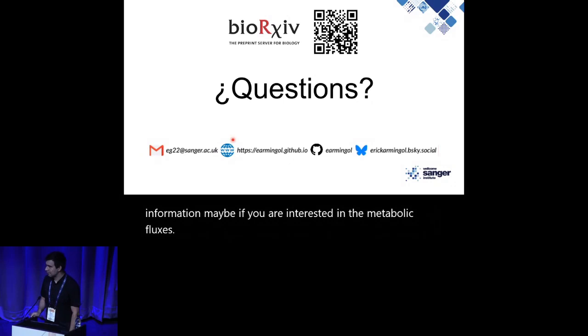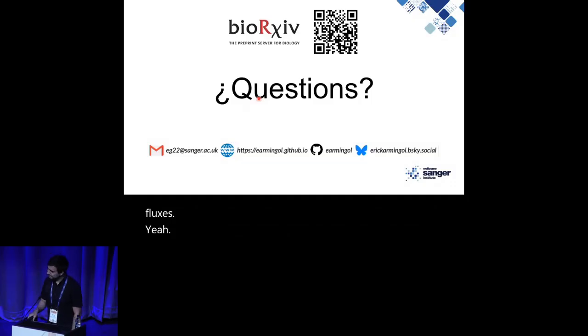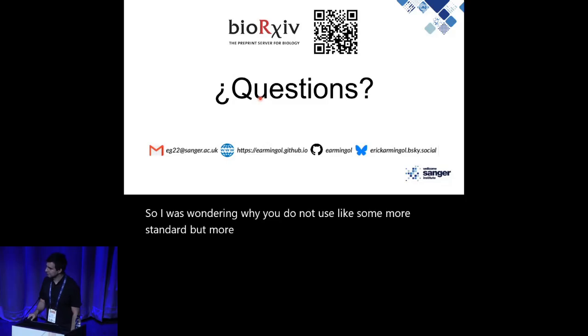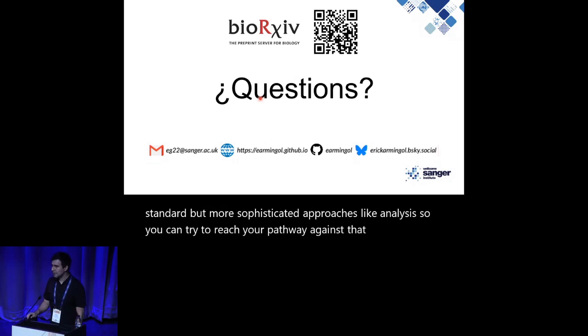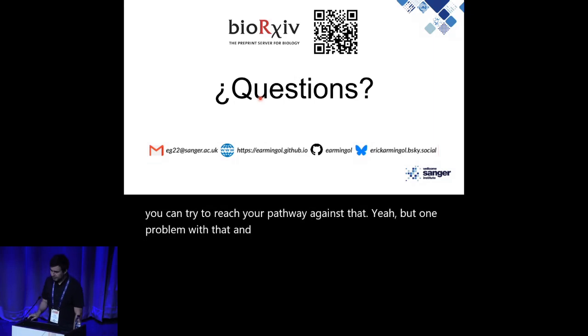And also when you compute your score for your task, you are averaging the activity, the reaction scores, right? Yeah, yeah. So there you can lose a lot of information because your average is sensitive to outliers, and gene expression can be pretty inconsistent within a pathway. So I was wondering why you do not use some more standard but more sophisticated approaches like gene set enrichment analysis. Yeah, but one problem with that, and actually this is work that we could do later for